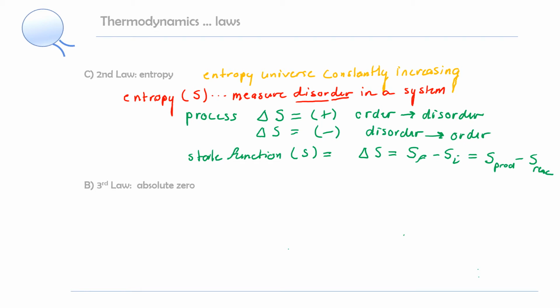And finally, the third law of thermodynamics defines essentially what is an understanding of absolute zero, which, as you know, is 0 degrees Kelvin. Basically what the third law tells us is that the entropy of a perfect, pure crystalline substance at absolute zero